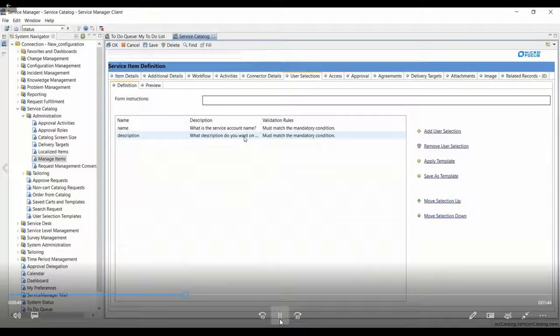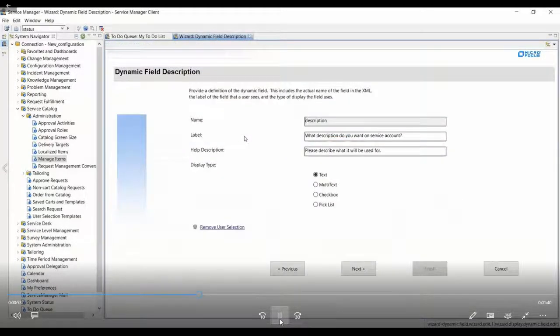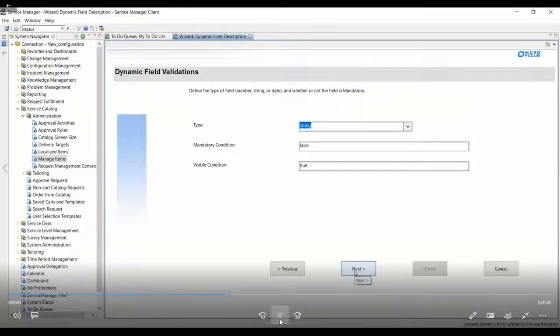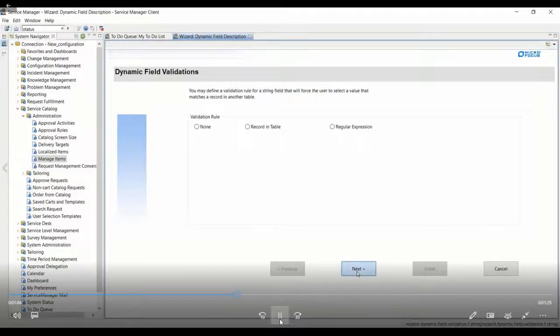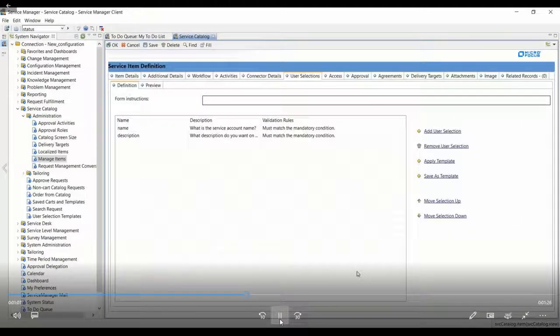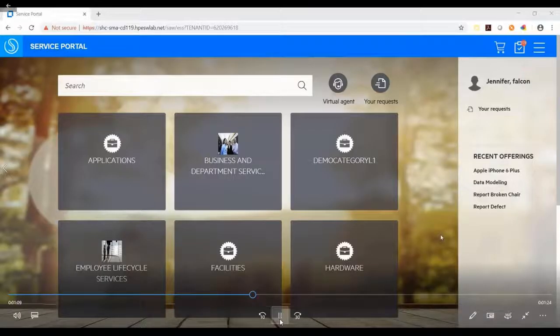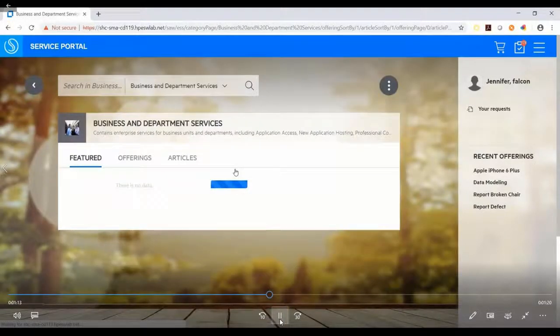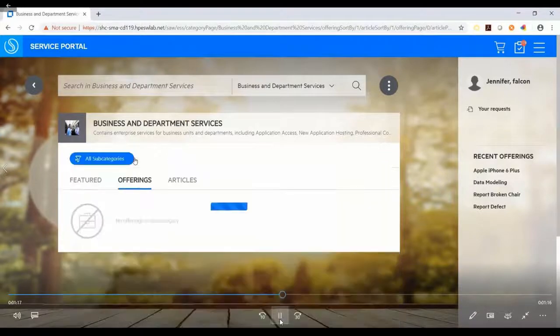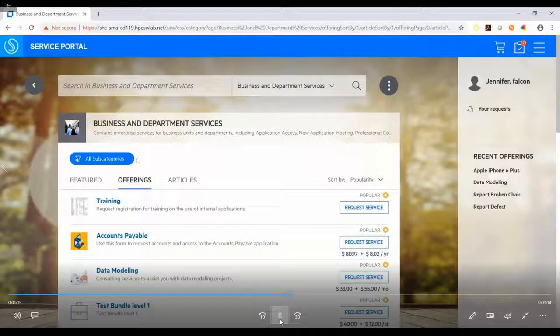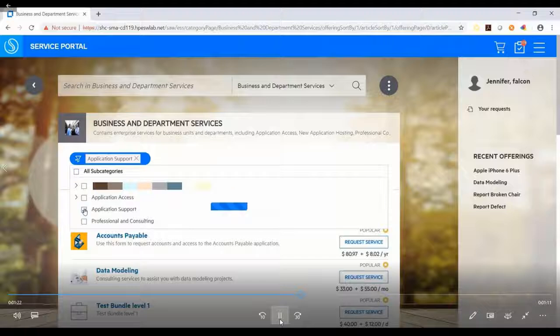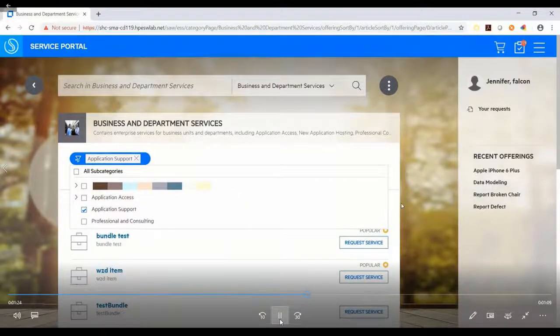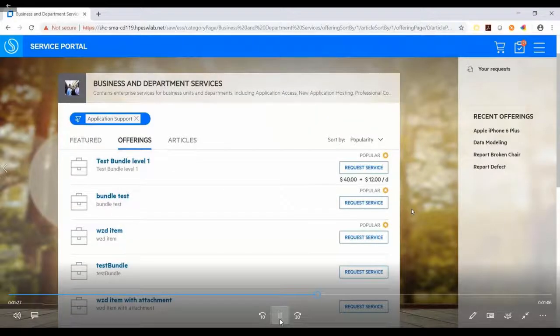Okay, here is another user option around the description. For this specific user option, we didn't define any regular expression. We just allow the customer to type some common description. So when I log in as any user in the service portal, you can take a look at what kind of message will be displayed here. For example, I choose this catalog item,